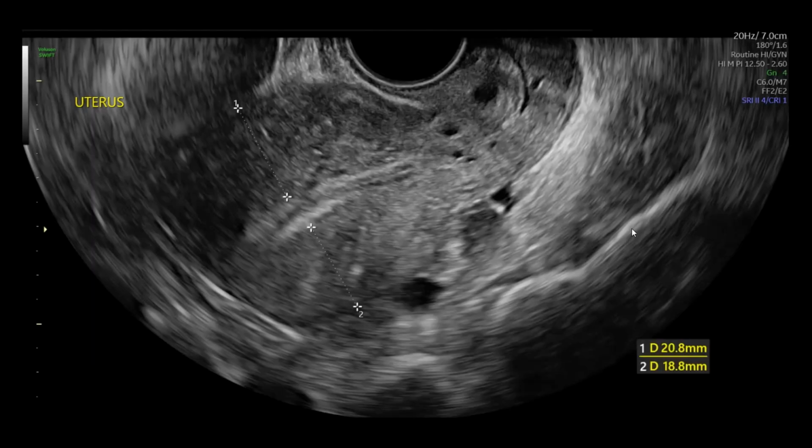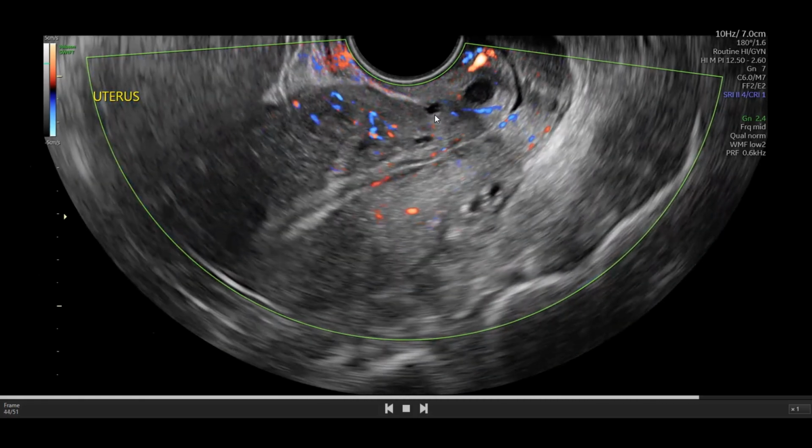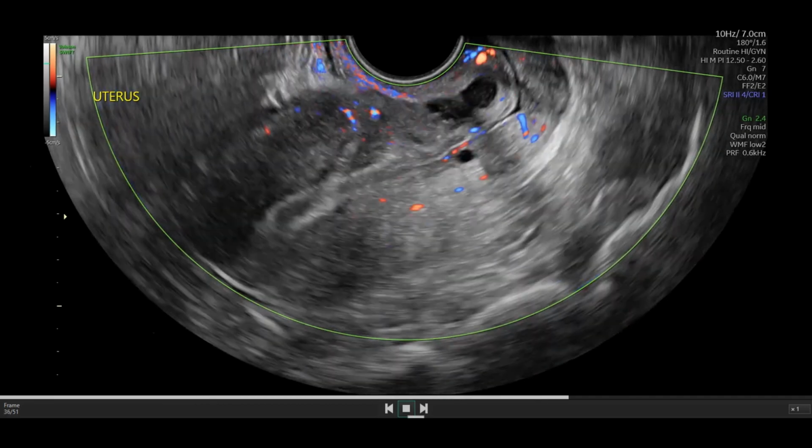And look, they did the same thing that I did, and not too different in terms of measurements, very symmetric overall, just slightly more thick in the anterior, but wouldn't meet criteria for asymmetry, even though it's a very vague criteria. Here we have a cine loop with color on, and one of those MUSA features is translesional